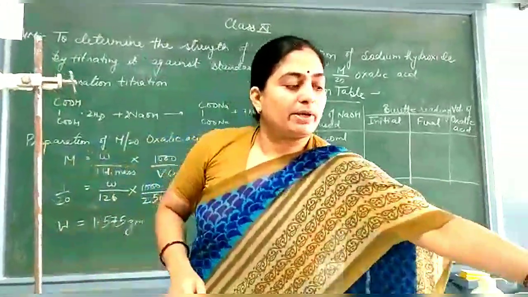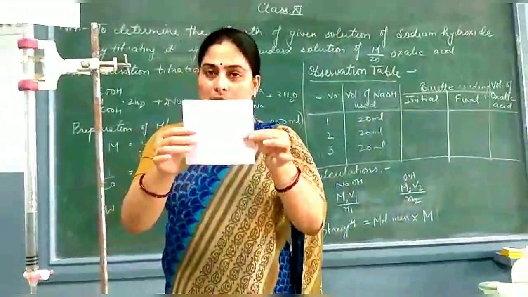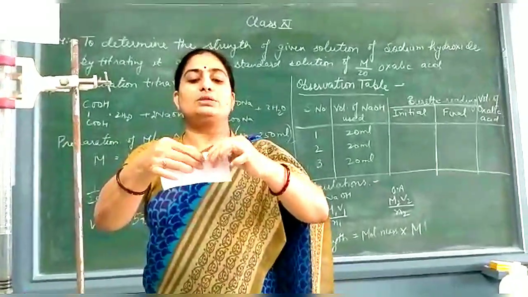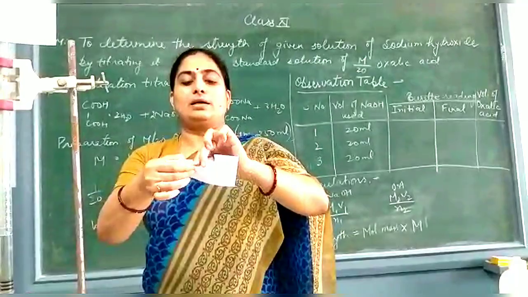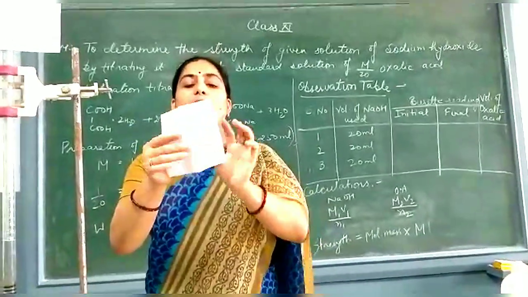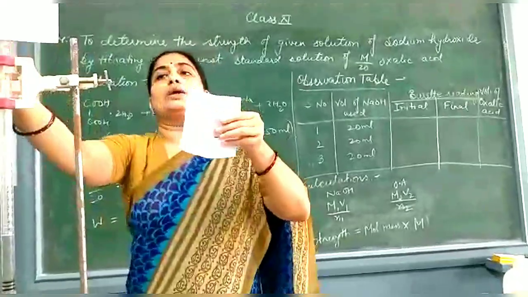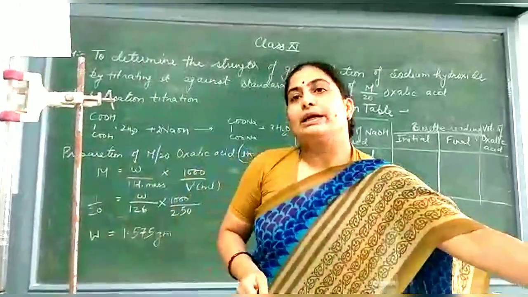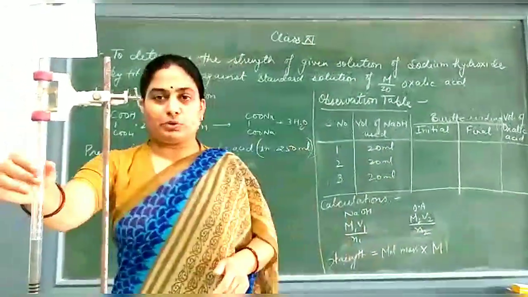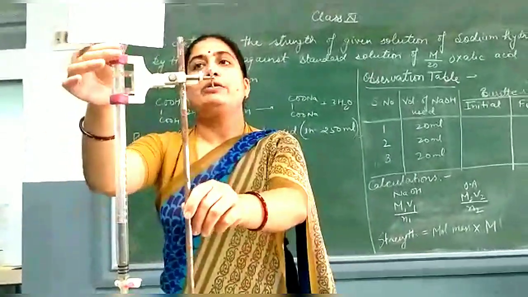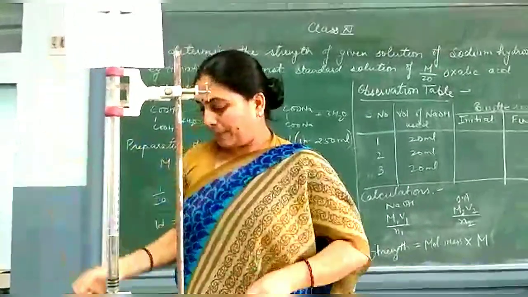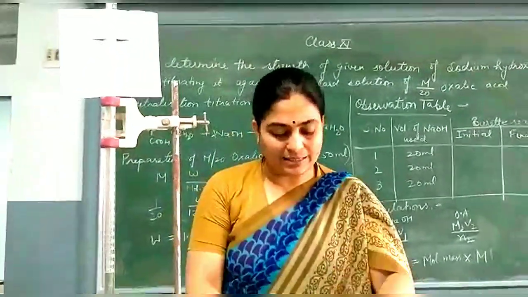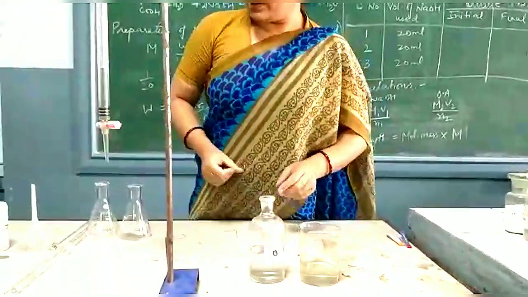Let me show you how to prepare it. I take a small white paper, fold it once, and tear it from two sides, and this becomes the parallax paper, which you can fit onto the burette this way. It is used just to note the reading in a simple way. This is the burette, and I have to fill it with the acid. I have taken the base, sodium hydroxide, and we are going to titrate acid with base.